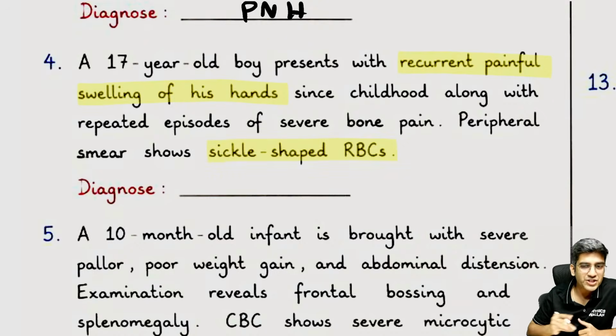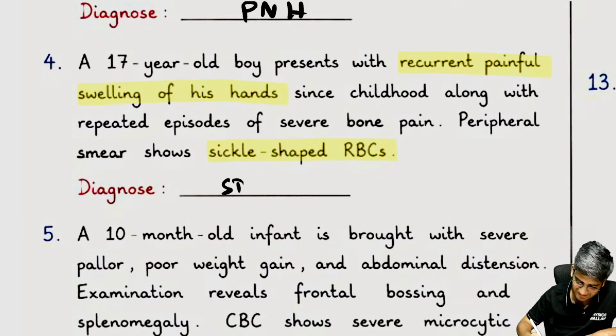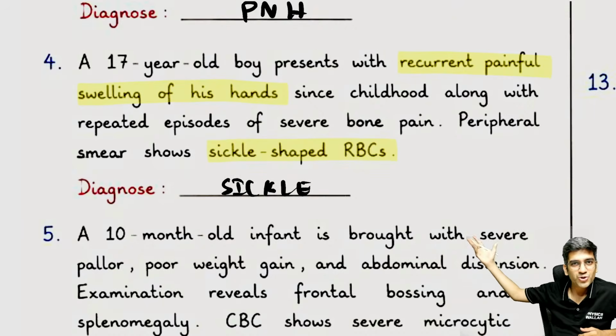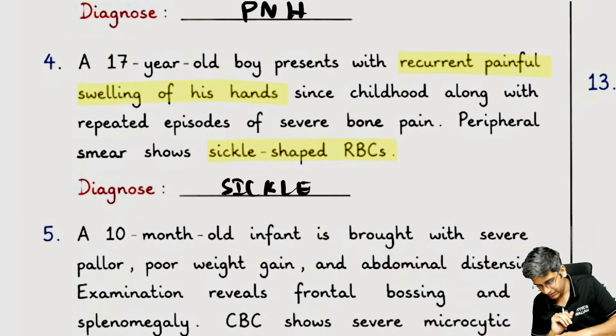The second part of the question should not have been there, right? Because it makes your life very, very easy. What's the answer? Great. The previous question's answer is cellular bone marrow, right? Hypercellular or cellular bone marrow. This one: this is an LKG question. I have given that the peripheral smear shows sickle cells. It's sickle cell anemia, right?